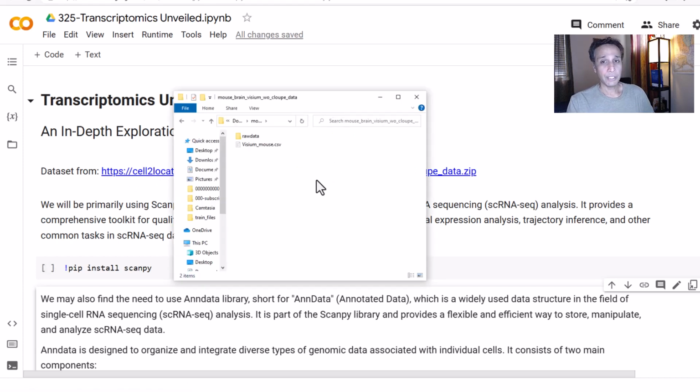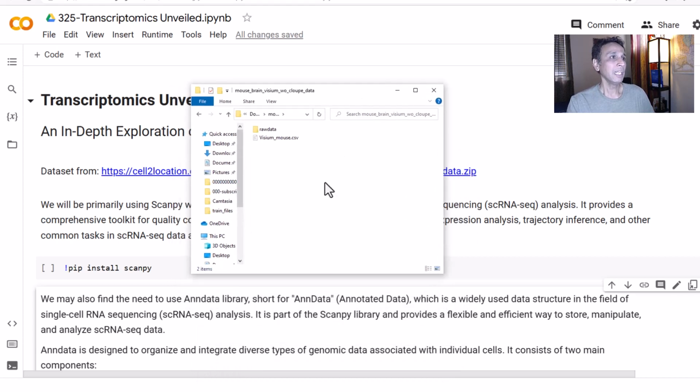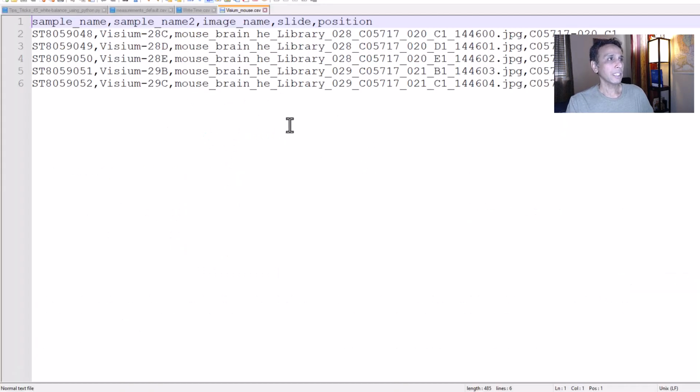This is a Visium dataset. Again, they're kind enough to make it publicly available. In fact, they have multiple datasets, so go ahead and play with it. And here you have the Visium mouse CSV and raw data. Let's open this. In this case, they have 5 samples, 1, 2, 3, 4, 5, and each of